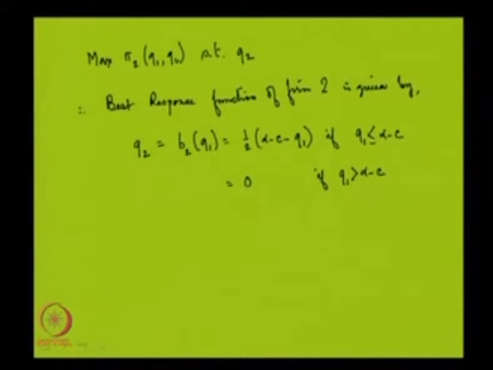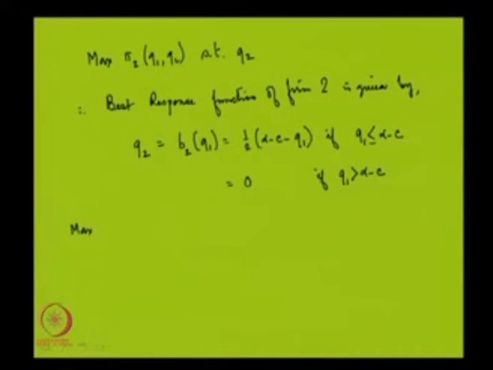So, I am not going to derive this best response function. It is very easy to derive, but since we have already derived this in previous lectures, this is what we know as the best response function. Now, since this is the best response function of firm 2, what firm 1 will decide is that right at the beginning of the game, he will take this as given and maximize its own profit. So, maximize pi 1, which is nothing but u1, subject to q1.